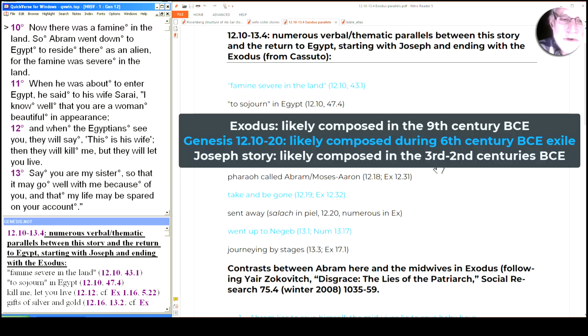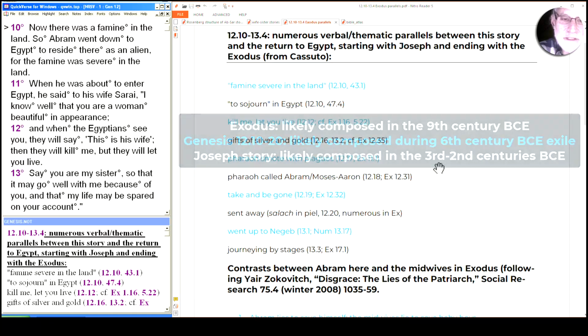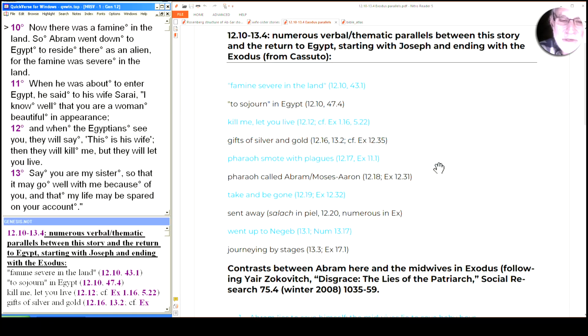So the Joseph story is much later than almost anything in its surrounding context, and one of the newest, the last written stories in the Hebrew Bible, before we get to the actual Septuagint. Stories written so late they weren't written in Hebrew at all, but just in Greek. So what sequence could lead the author of that much later story to integrate it with